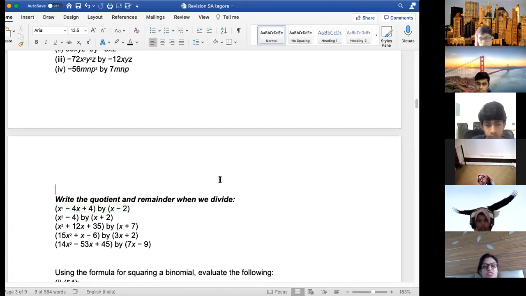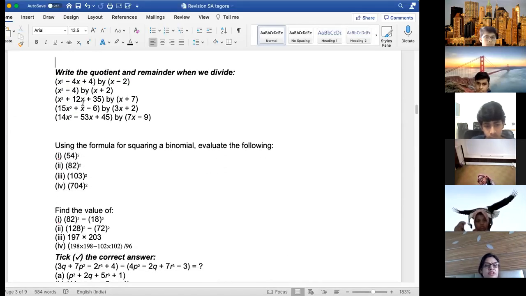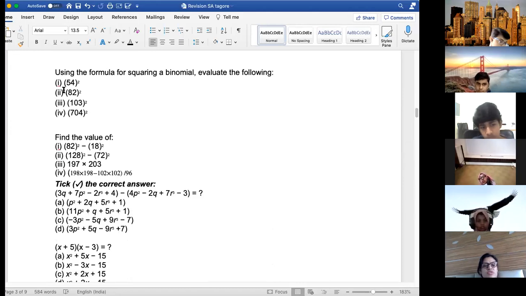Okay, now do you remember how we subtract? Addition and subtraction of polynomials. So this was division. I'm not giving you more questions, just practice, because I have taken only trinomials here. Now this one I'm not doing. 54 square, you know how to do it? 54 square, how will we do it? 50 plus 4 whole square. Yes, 50 plus 4 whole square. This is the a square minus b square formula you will use. Okay, so a plus b into a minus b. That way you will do.